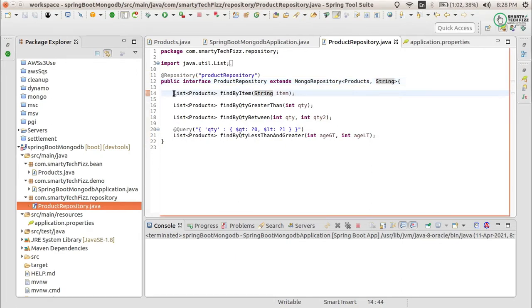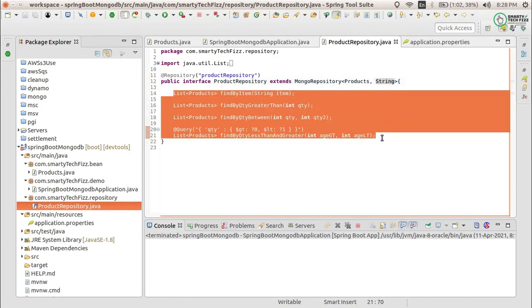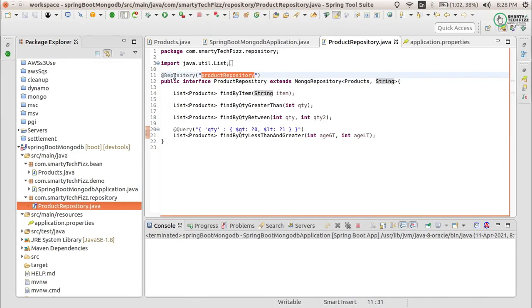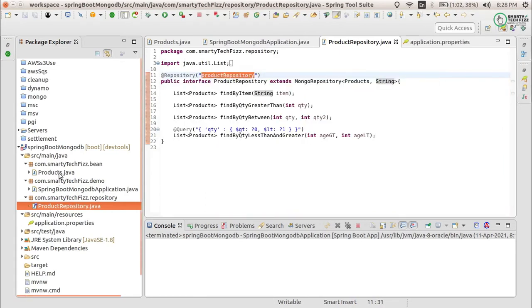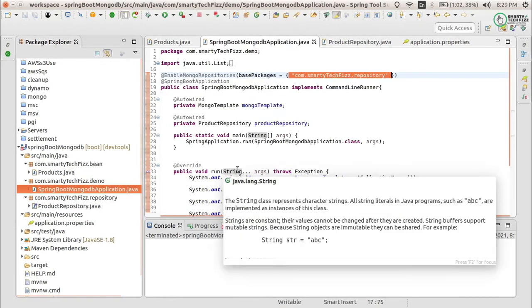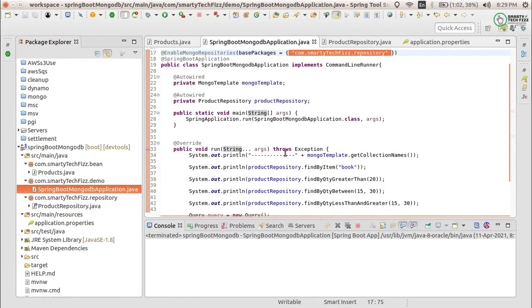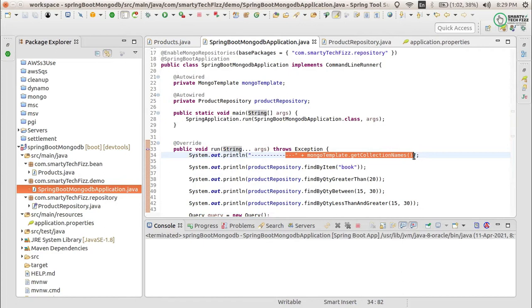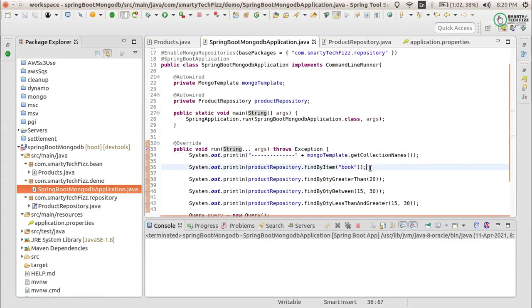And just forget these things, just focus right now on the configuration part. So now we have configured the repository, as I have mentioned the @Repository for the product repository, and here I have mentioned the replica for the product collection. Now let's start. Firstly, this is what we did to test whether we have configured the Mongo template correctly or not. This was done in an earlier video, but we have to start from here.